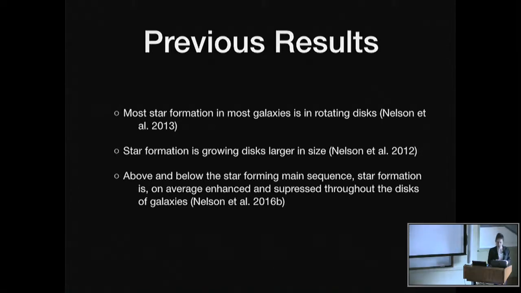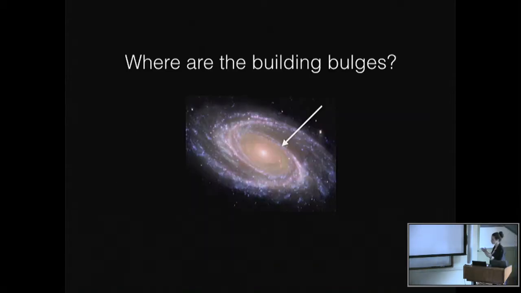And this poses a couple of problems, because these early cosmic times, based on galactic archaeology and look-back studies, are when we think the bulges of galaxies like the Milky Way and Andromeda were built. But we're not seeing this star formation building these bulges. And so the question is, how do you build these bulges?